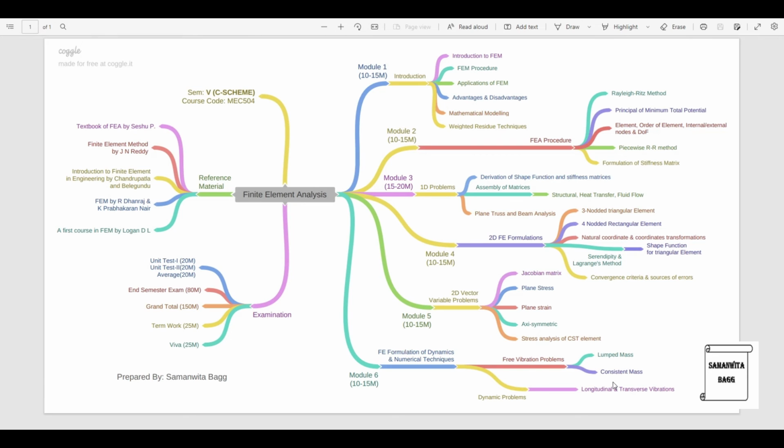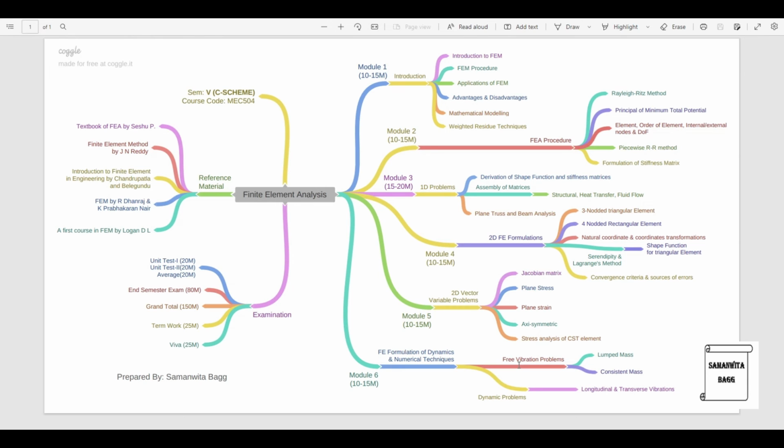Now, if it is asked in the exam to solve by a particular technique, you will have to use that technique. But if not asked, you can choose any one of the two. So numericals based on this can be asked. And here you have another topic of dynamic problems, wherein you will have longitudinal and transverse vibration numericals. So in this topic, mainly, there are a few numericals based on axial and transverse vibrations. You should study them thoroughly, and you can expect a numerical on this topic for 10 marks.